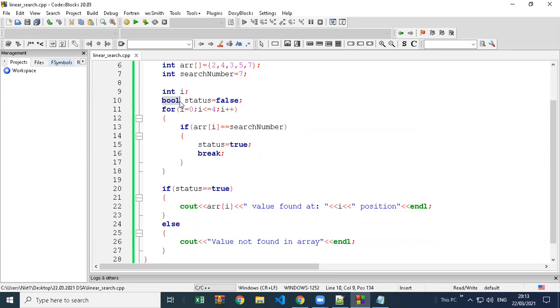But if you want to create a variable to store true and false, these fixed words are there in C++. So you can use bool. You cannot use int because false is not an int value, right? So that's why it cannot store. So bool is a separate data type you can use to store the data. In some languages we write boolean, here we write bool, which represents the same boolean.